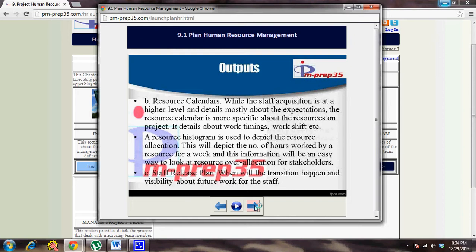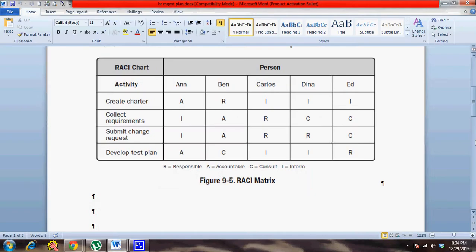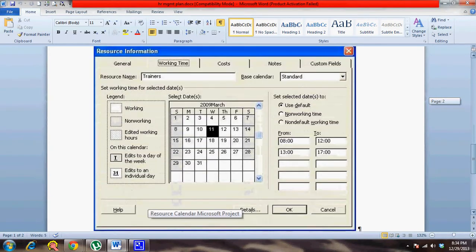So that to that level the resource calendar can get in. So that detail also is part of your staffing management plan. A resource histogram normally goes hand in hand with the resource calendar. So if you want to see how a resource histogram looks like, this is an example of your resource calendar, where you can see the resource name or the type of resource. Then you can see on what date, what is the timing that they work on the project. So that's one part of looking at a specific resource.